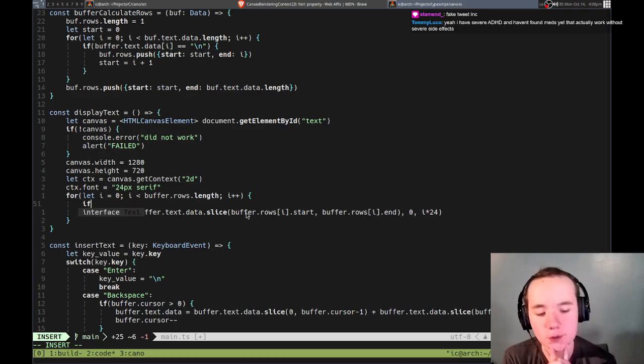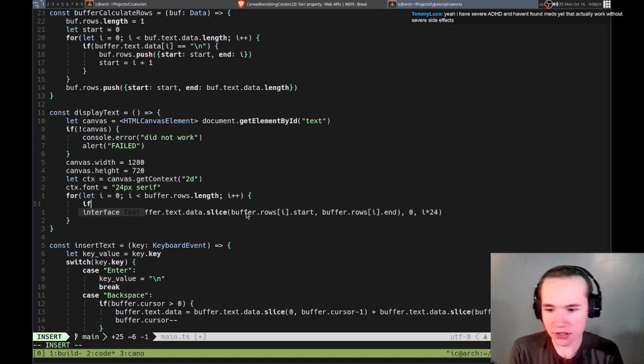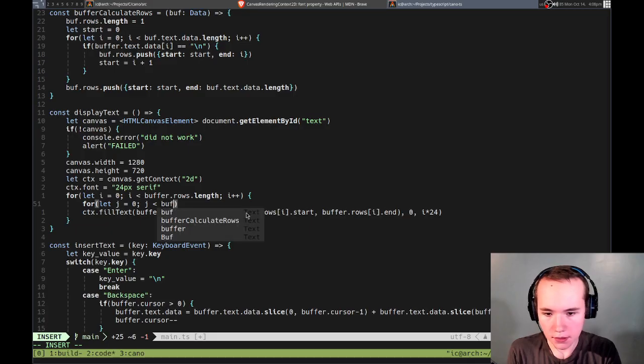So we need to check if we're at the current cursor position and set the font. Right, so maybe we actually do want to print it one at a time. So I could do a secondary loop here. This will be buffer.data.1. Well,